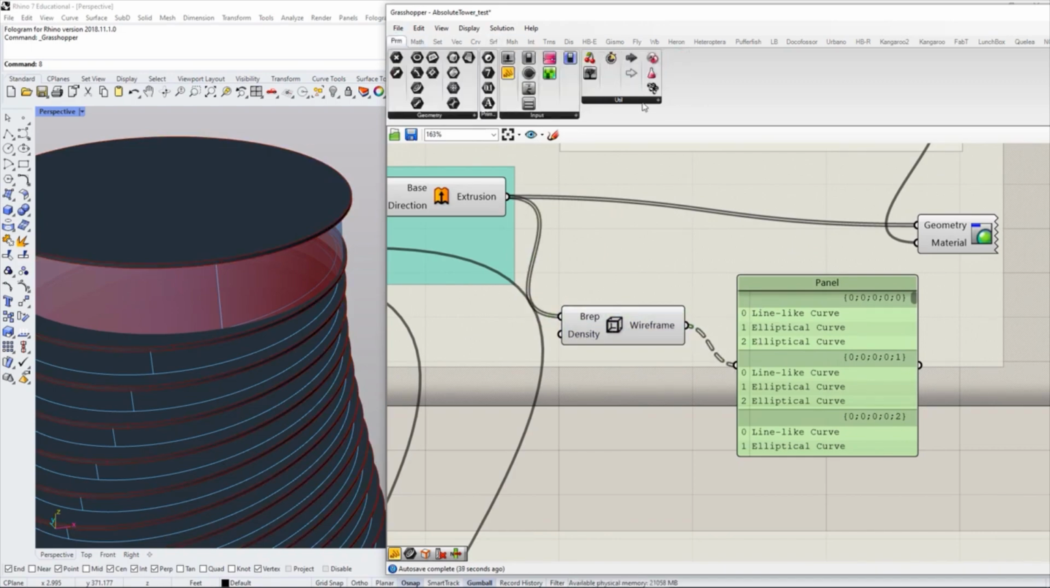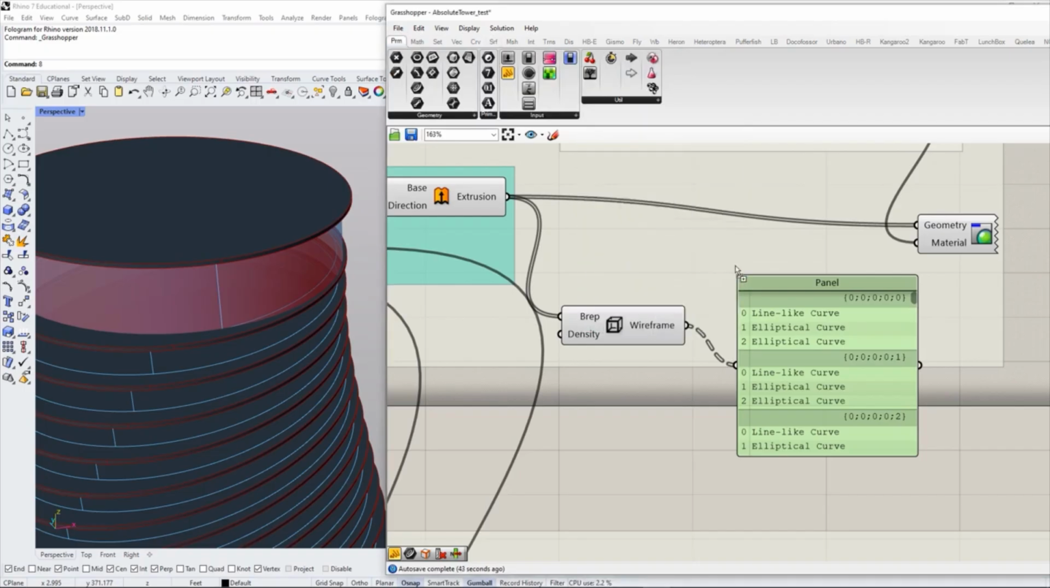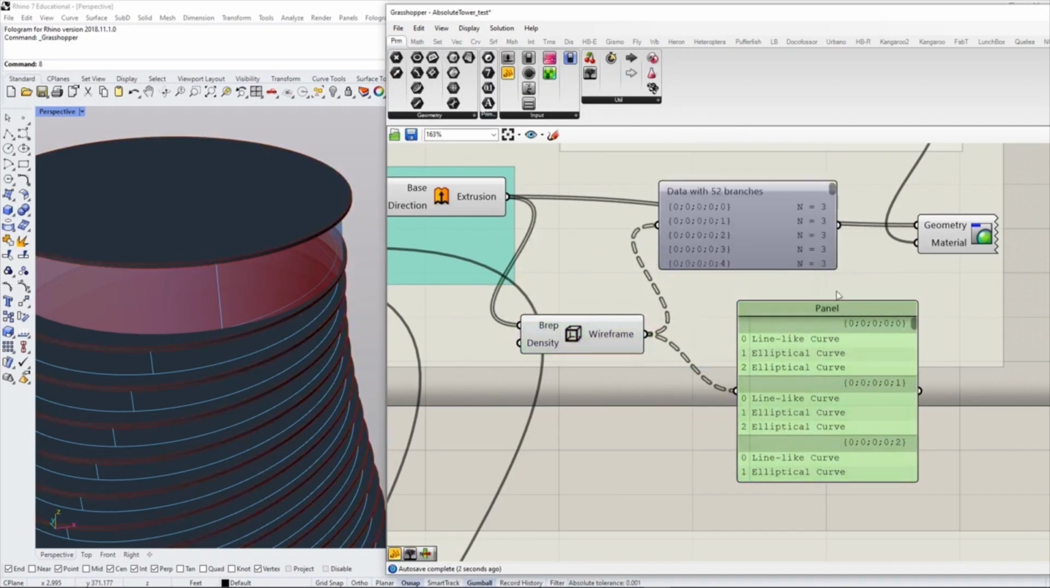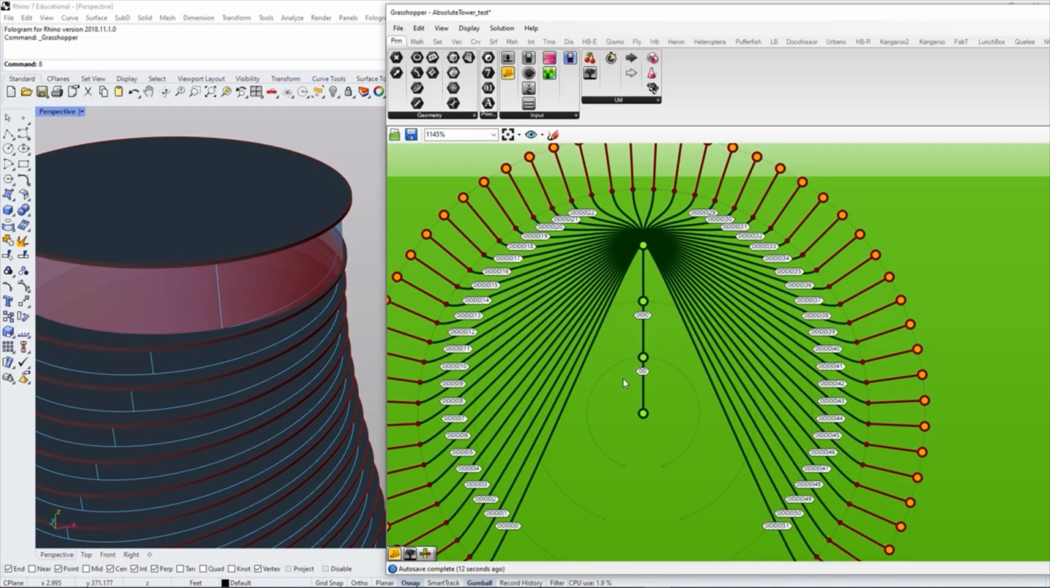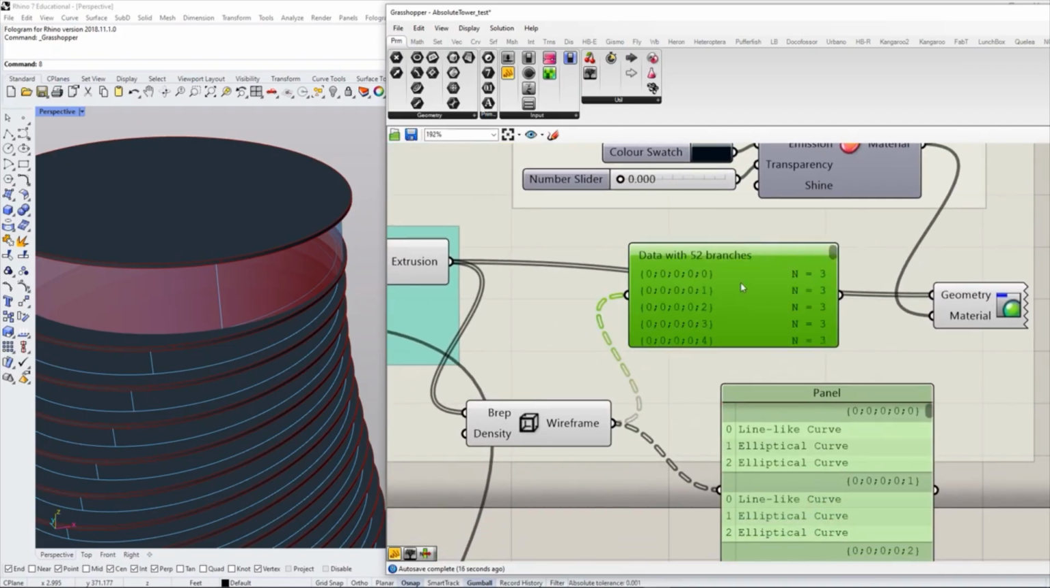And if we go to our parameters under utilities and use a param viewer component, which we often use in conjunction with our panels, you can see that basically it tells me that now I have that many branches, so 52 floors, 52 branches, and if you double click on it, that's the branching structure that we see, right? And you should see